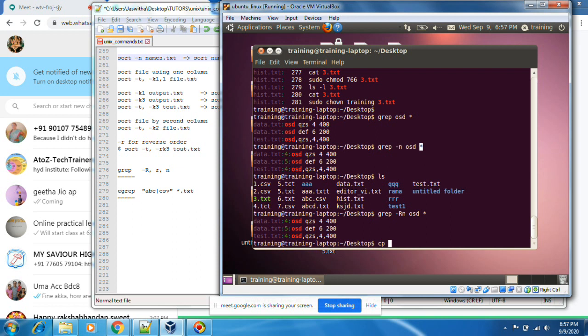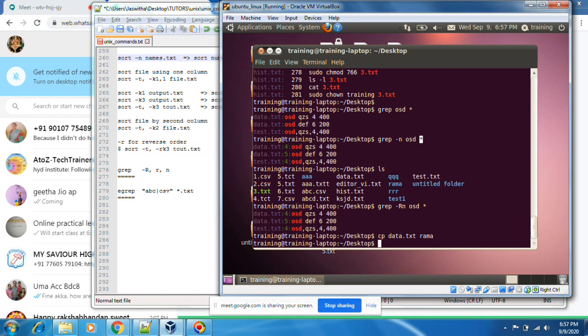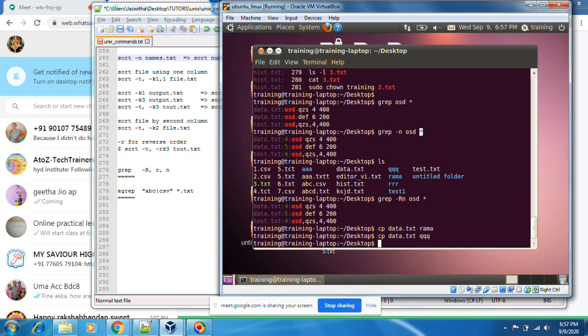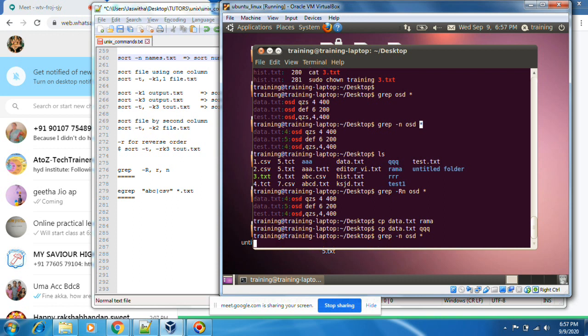Now I am going to copy this data.txt into a separate Rama folder, a separate QQQ folder. Now I run the same command. If I remove -r, it will search only inside the folder, only those files.